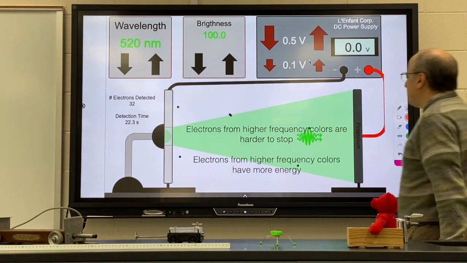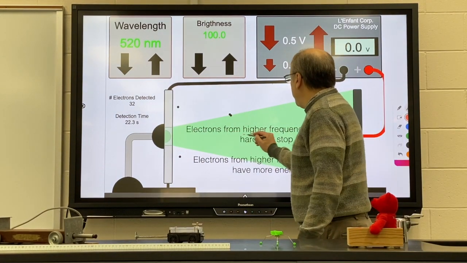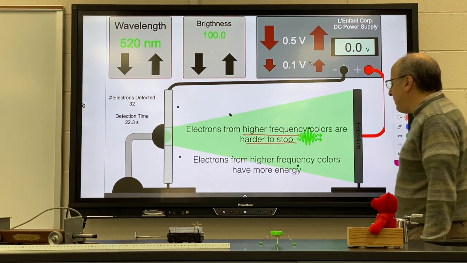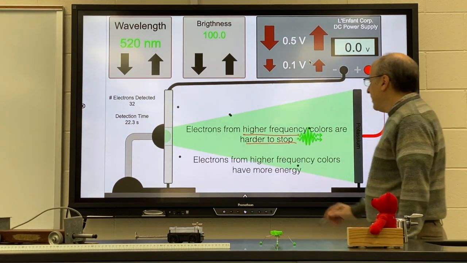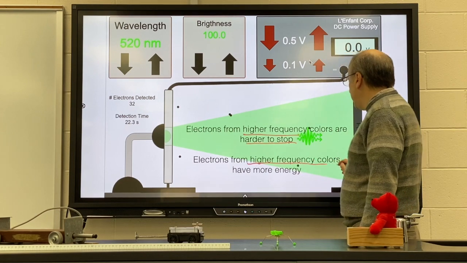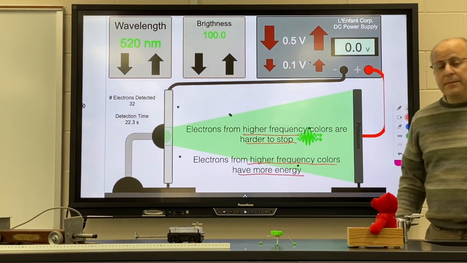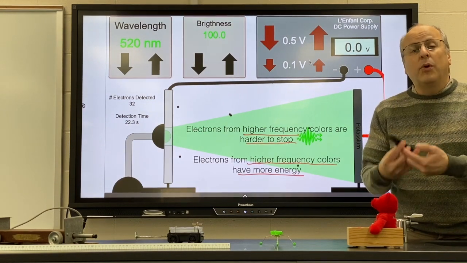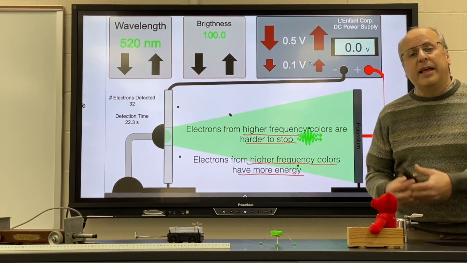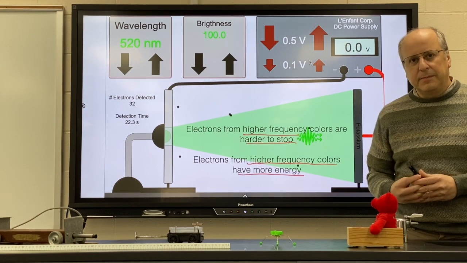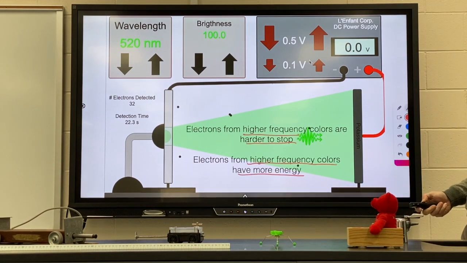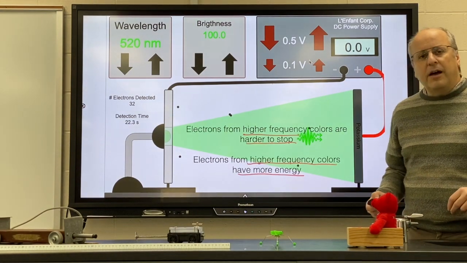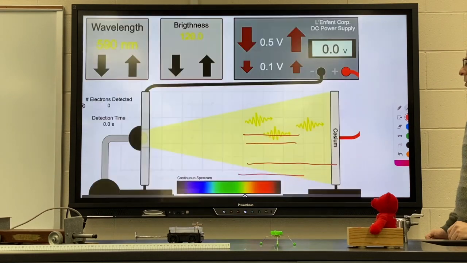Okay, we already said this, but just to make sure it's clear, if you use a higher frequency of light, the electrons are going to be harder to stop. That means higher frequency colors have more energy. We are now at the point where we can actually start to understand what quantum physics is all about, and that's going to happen in our next lesson. Just remember all the key ideas from the photoelectric effect, because that's what's going to trigger the birth of quantum physics. So quick summary: